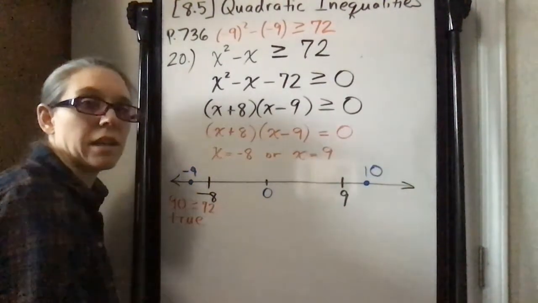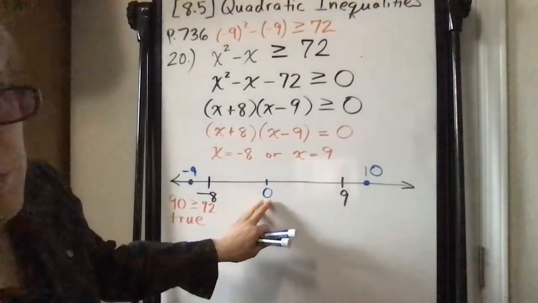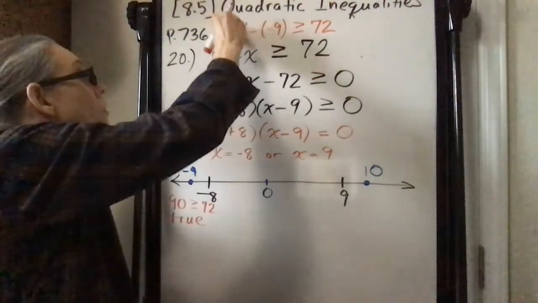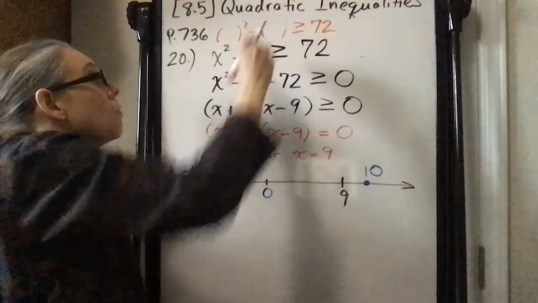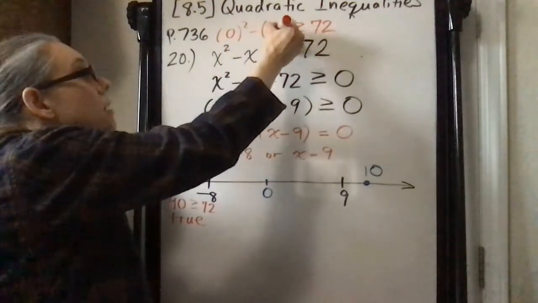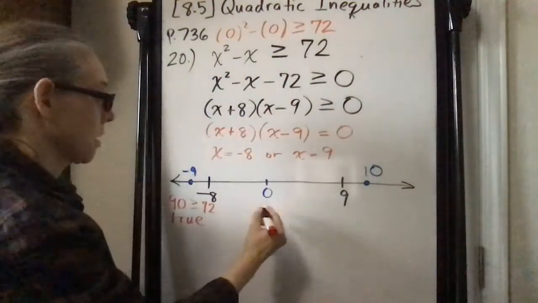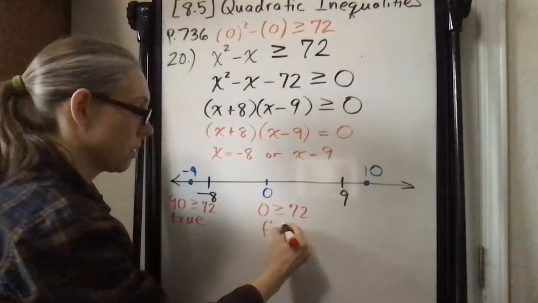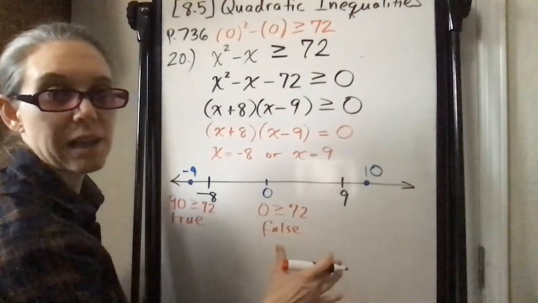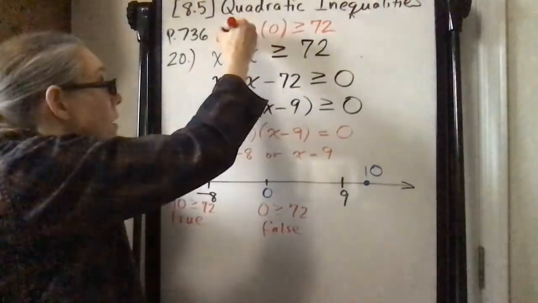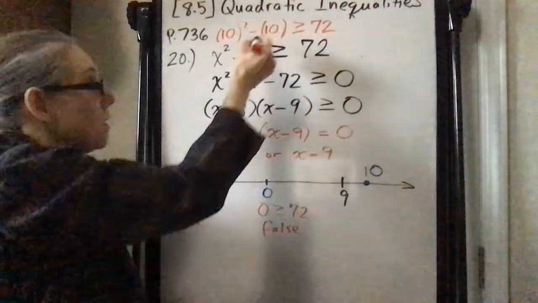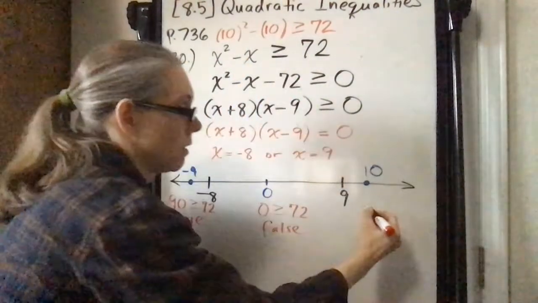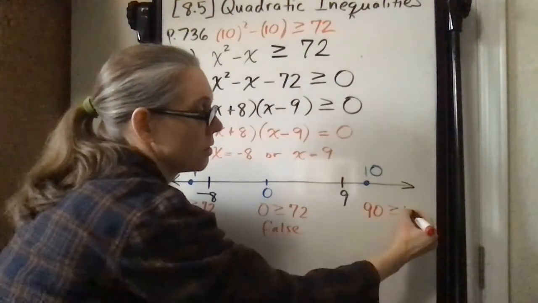Next, we're going to plug in the representative from the middle region, which is 0. So 0 squared minus 0 is just going to be 0 greater than or equal to 72, which is a false statement. And then lastly, we plug in 10. 10 squared minus 10 is 90. So 90 greater than or equal to 72